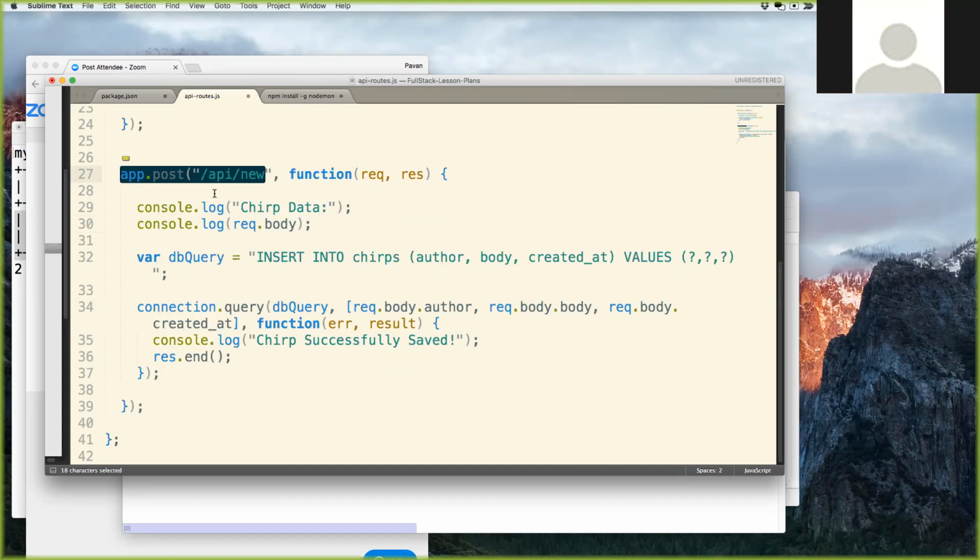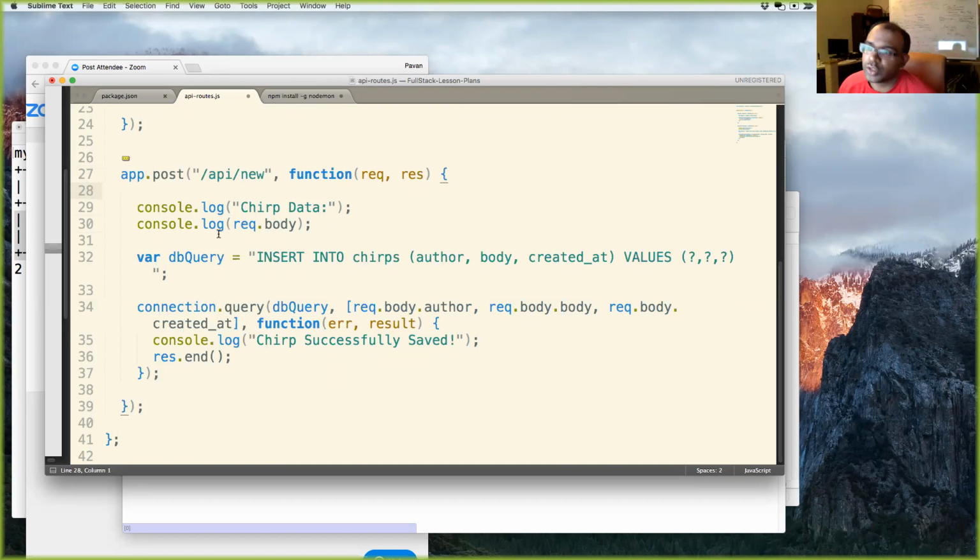I have an experience: if we didn't use body parser, you cannot pull data from req.body. Is that correct? Yeah, you need body parser to be able to do all this. Does that answer your question?